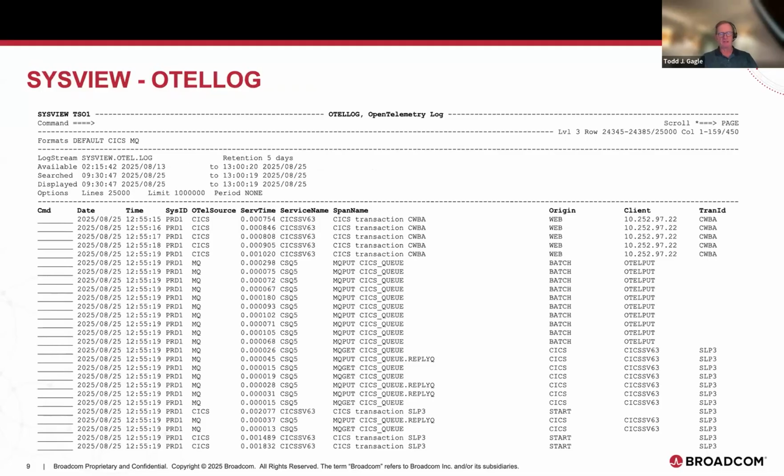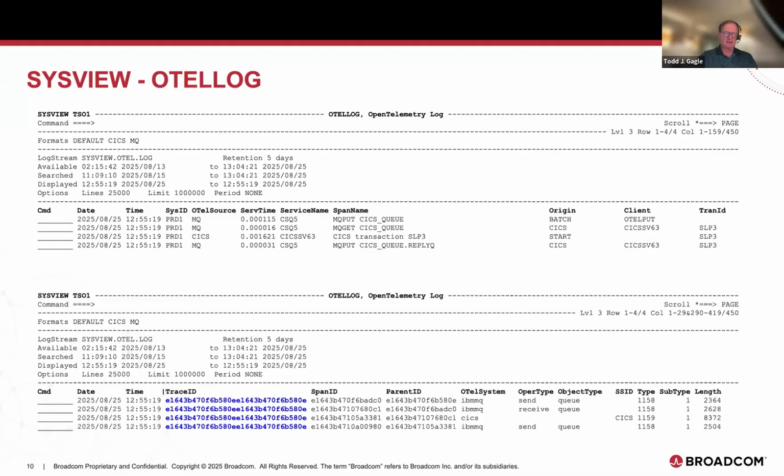So as just some quick screenshots, this happens to be a command in SysView that is able to display a log of OpenTelemetry records that were created. These are the actual SMF records that were emitted. Now, in the example that I have on the screen, we were testing an MQ and CICS type transaction. So you can see down here where the source was. Was it an MQ type source or a CICS? How long did it actually run? That's the service time. So you can tell where the hops were. And you get quite a bit of information going down the side.